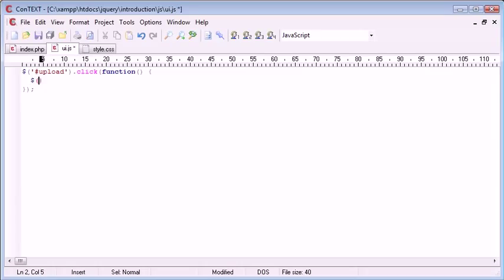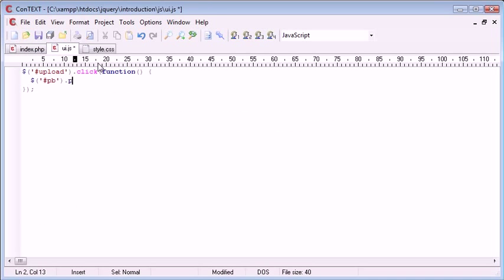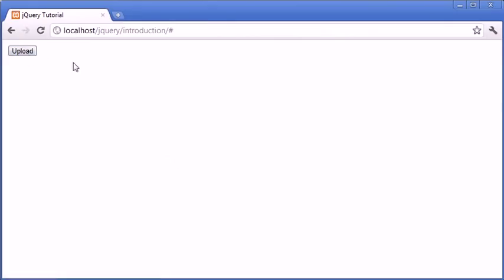So to do this, we're going to need to use a selector to select the progress bar div that we created on our page, and we want to apply the progress bar widget to this. Okay, so now that's going to have created a progress bar when we click upload. Let's go ahead and click upload, and you can see that we've created this long, massive progress bar